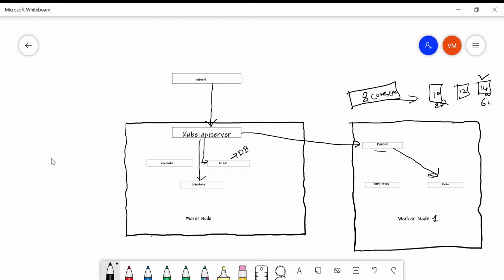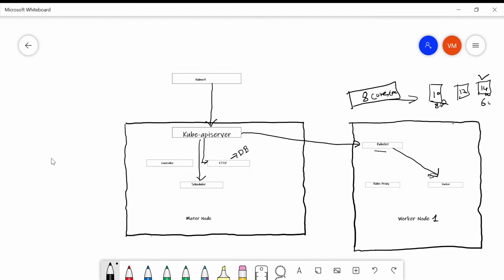It has a period where it checks. So each 5 seconds it polls the nodes to identify if the node is still up and running. If it's not able to get a response within 40 seconds, it identifies that node as unreachable,